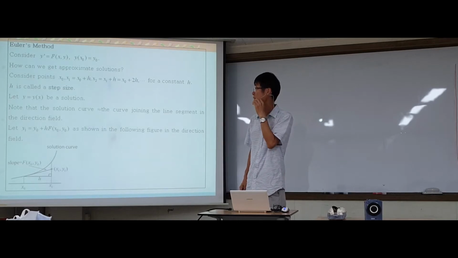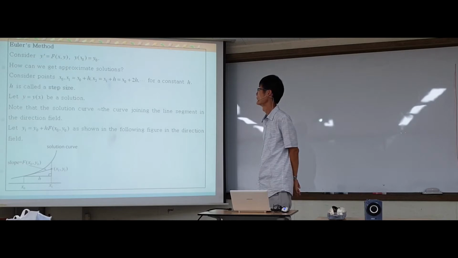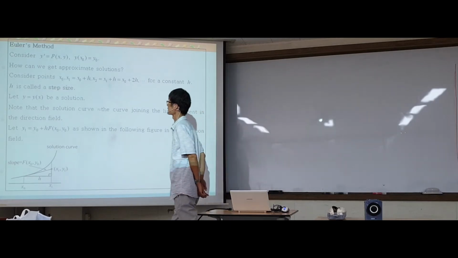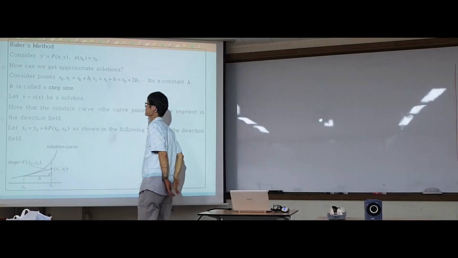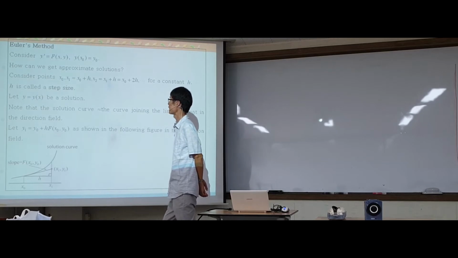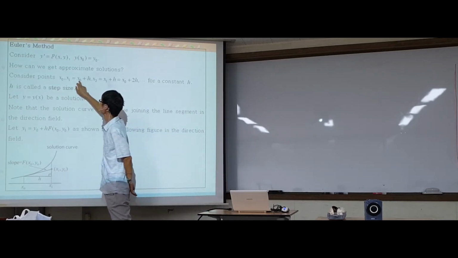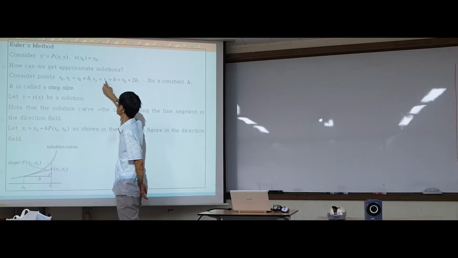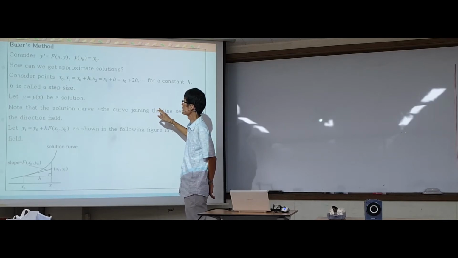And Euler's method is a method to find the solution curve by considering some step size. Let's consider x0 is given and h is some positive number which is called a step size. Of course, h can be negative, but usually we think h as a positive number, and let x1 be obtained from x0 by adding h, and x2 is obtained from x1 by adding h, and so on. Then h is called the step size, and we can observe the following, that